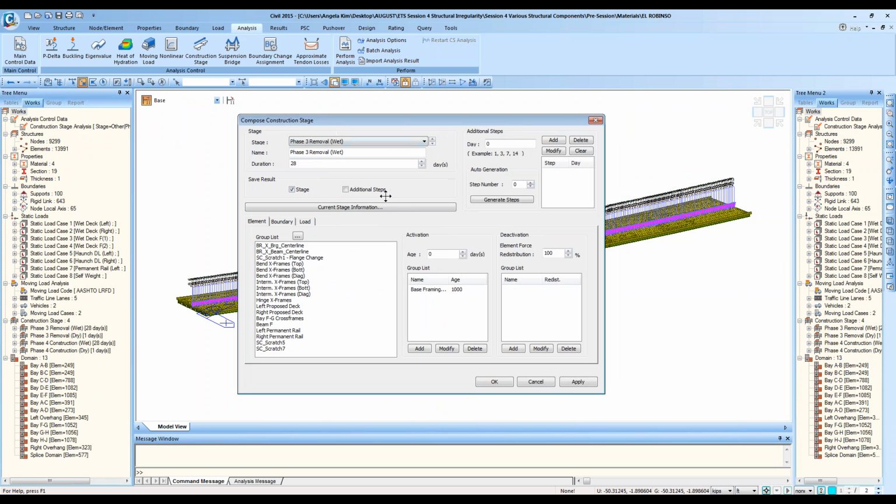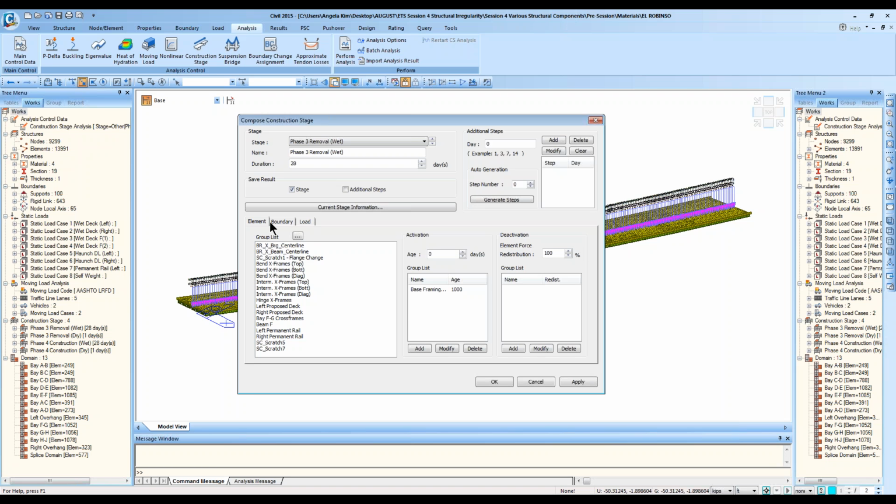In phase 3, as you saw, the bridge is cut in half, and the deck is poured in sequence. And in phase 3 wet, as you can see, there are element tab, boundary tab, and